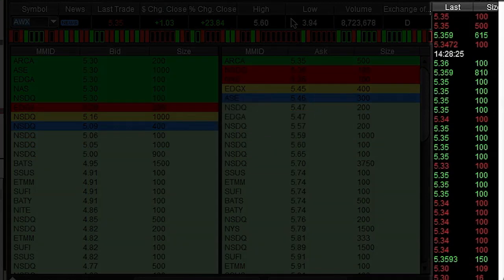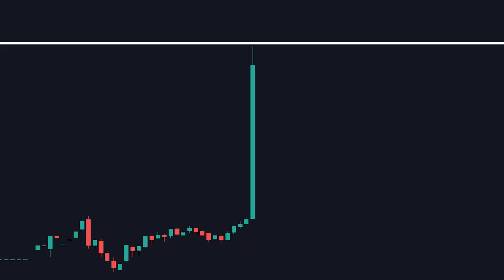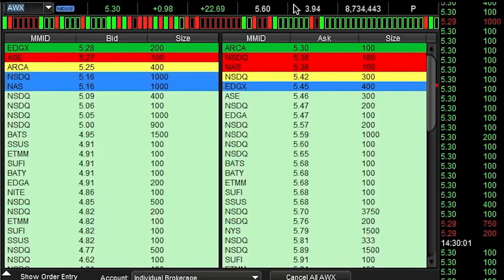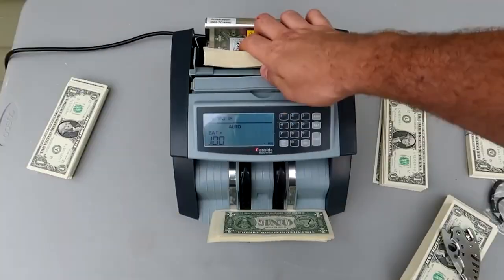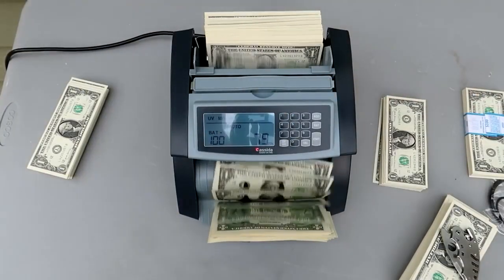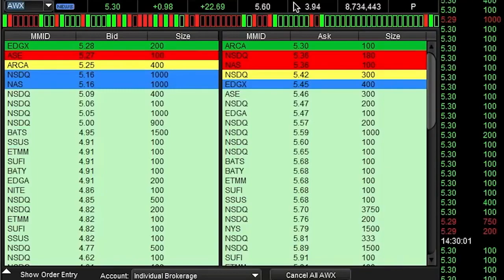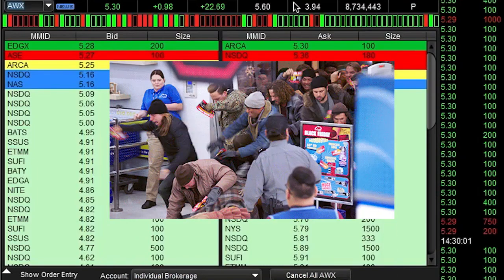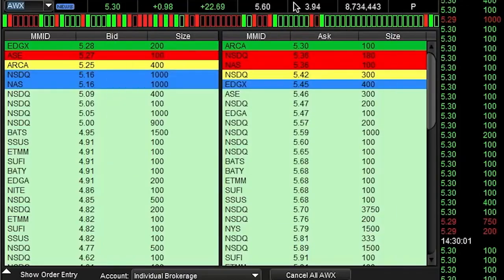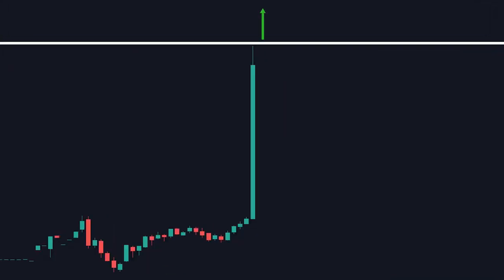how fast it's moving. If we wanted to go long because we think it's about to break that key resistance level, we want to see tons of green in the time and sales window, telling us there's a lot of buying going on. Not only that, but we want it to be moving fast, almost like one of those money counter machines. If the time and sales is showing a lot of green and it's moving fast, this is telling us a lot of buyers are coming in at once in a short period of time,